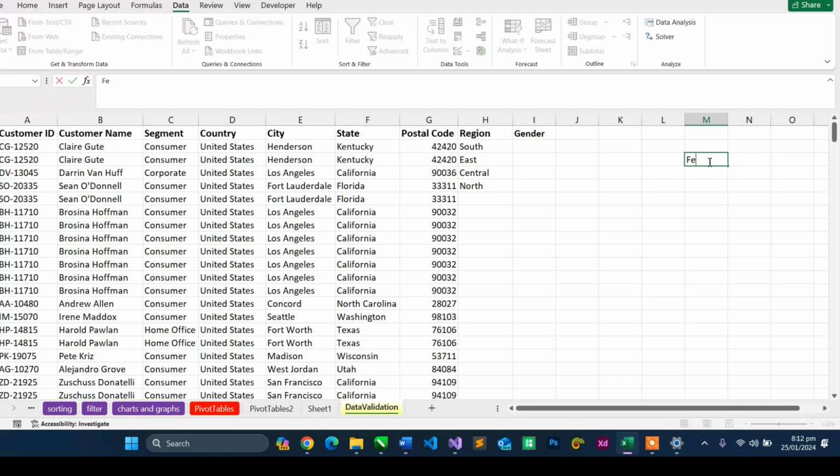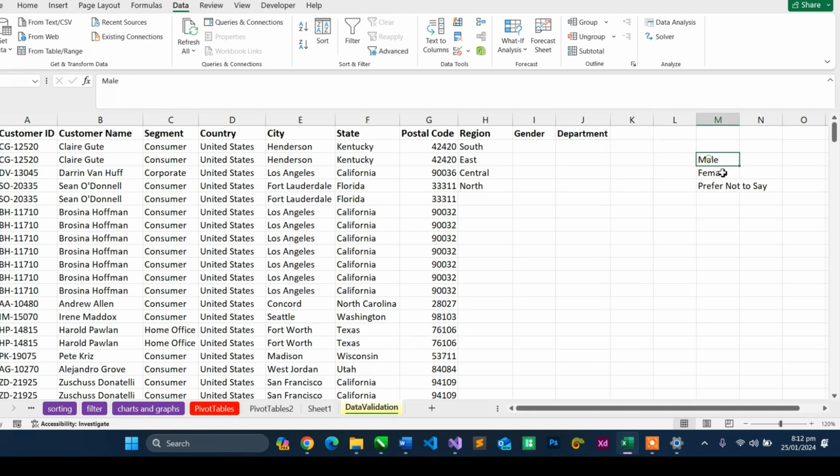Maybe gender is male. Then you go to the next line, female. Yes, male, female, or at times you will see prefer not to say. So this is my list. You can add as many as you want. You can even create, let's say, the department. So let's use this one. Let's add this one to say department, and then under department, let's just say we are going to have,